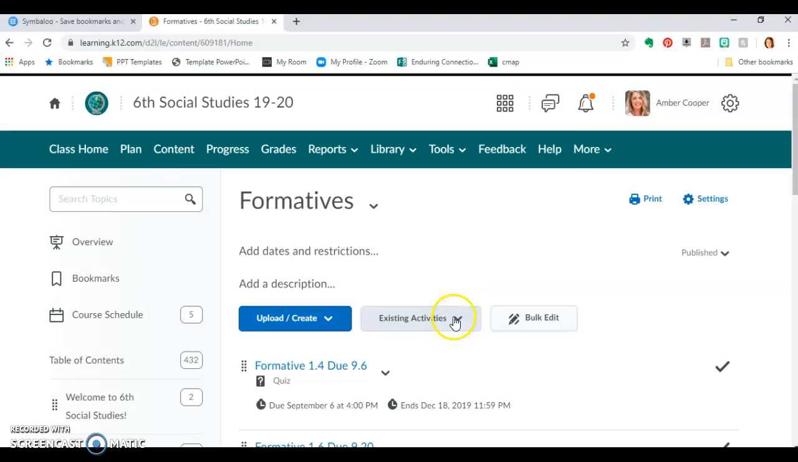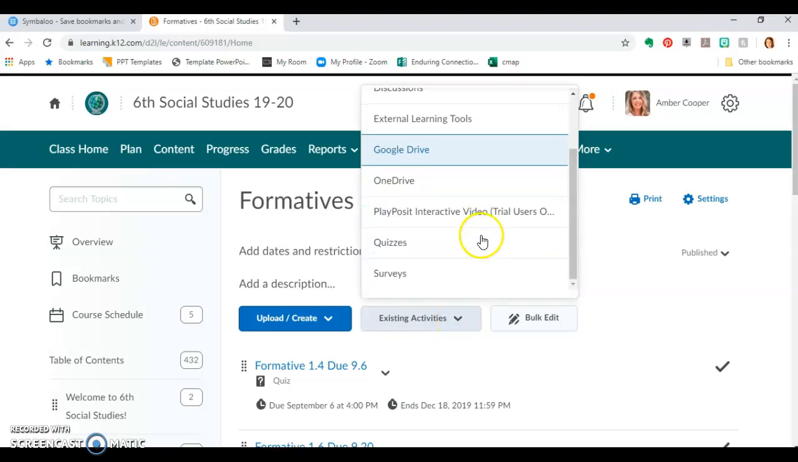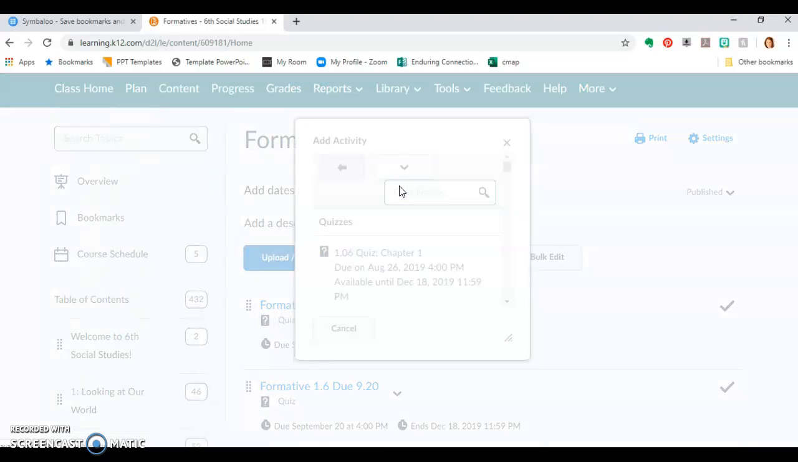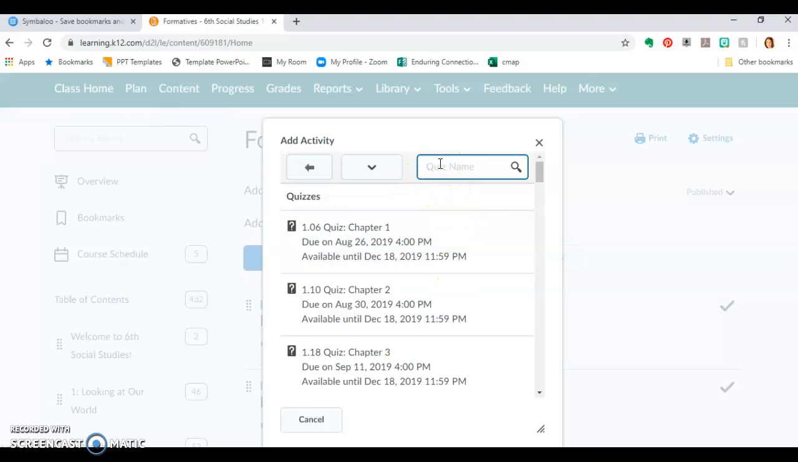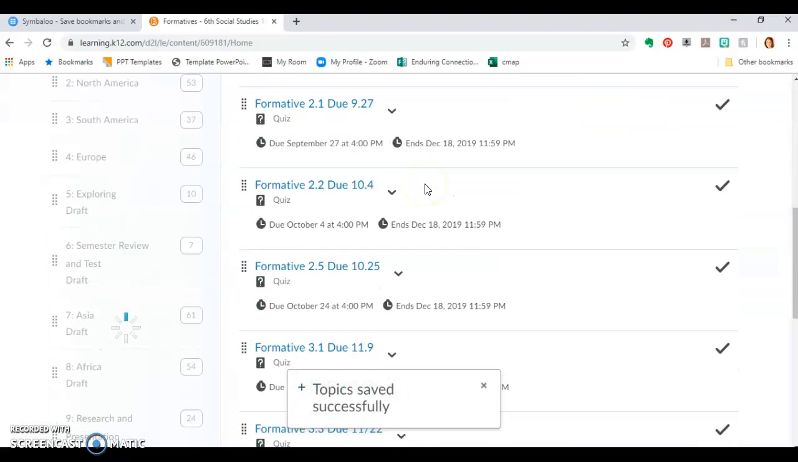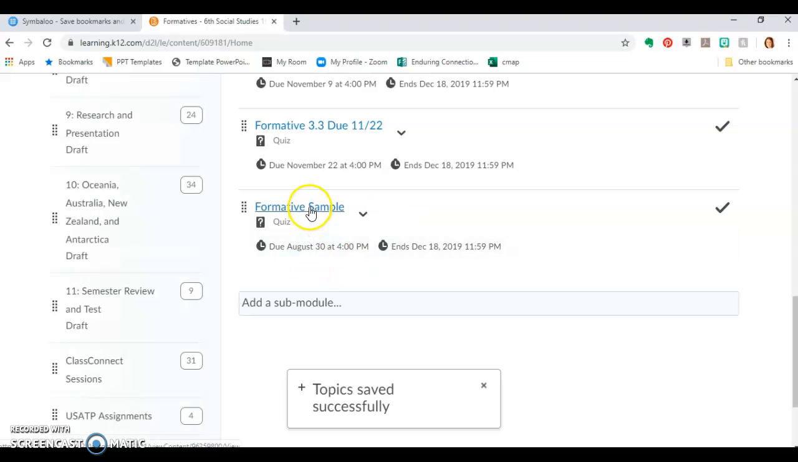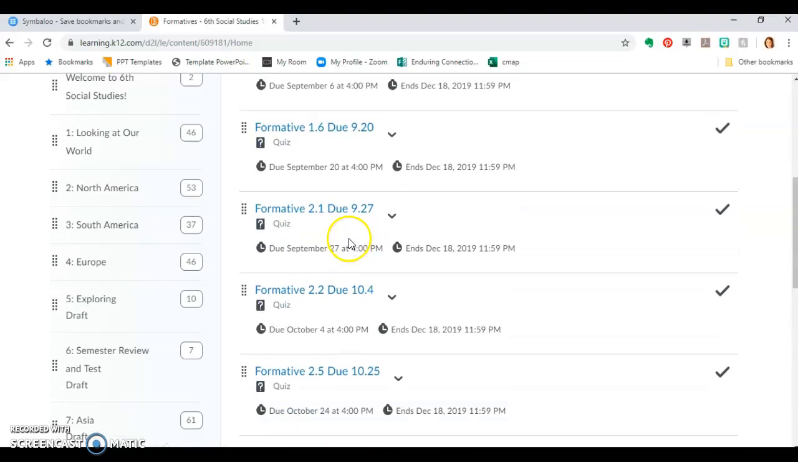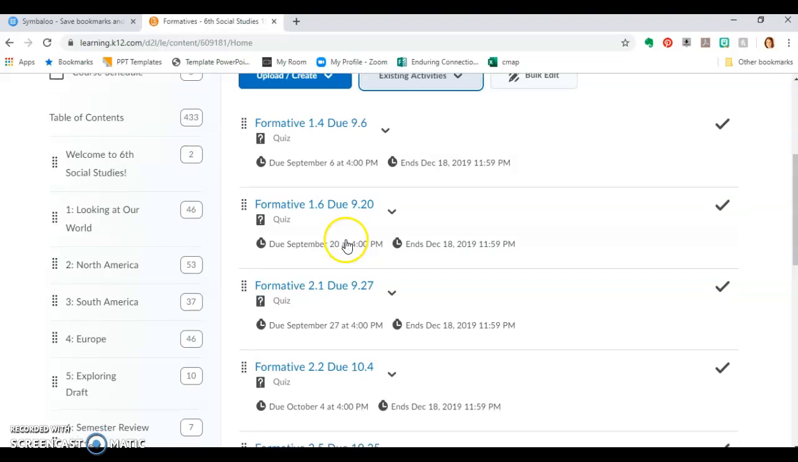You just created the quiz, so you click on existing activities and scroll down to quizzes. And you can scroll around or you can search, right? So that's the quiz I just created. If I want to stick it in the content, then now it's added. And so that's one way to do it if you want to create a formative module,